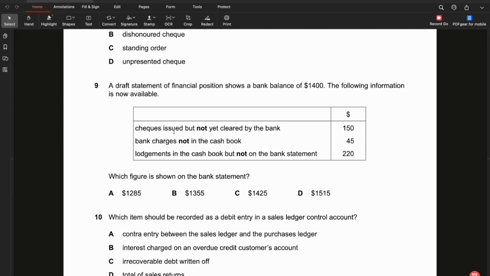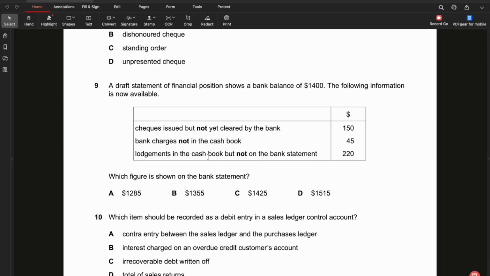One is a check issued but not yet cleared by the bank. So I have issued a check, but the bank hasn't cleared that check yet. And then bank charges not in the cash book. So there are bank charges we are paying, but they're not recorded in the cash book. And the lodgement in the cash book, but not on the bank statement. Lodgement basically means deposits. So we are depositing money from the cash book to the bank, but it is not reflected